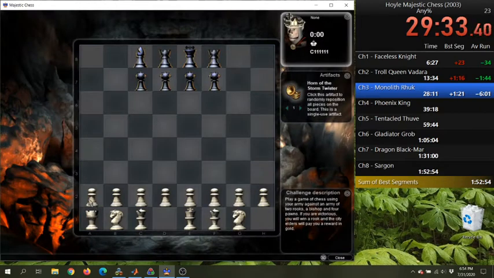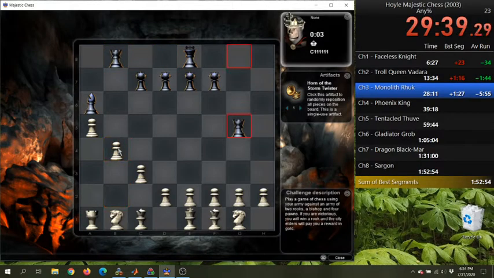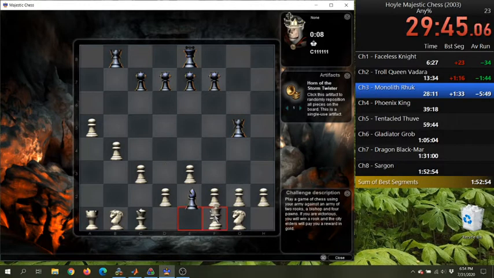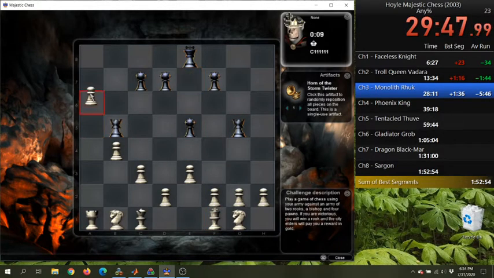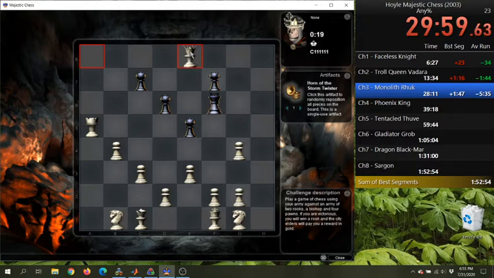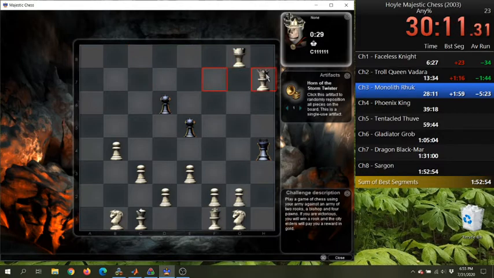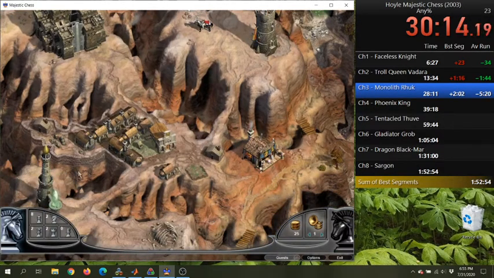Not sure how I usually do this. This is one of the ones that's a little bit less strategically planned, shall we say. In fact, let me just let it trade there. This is much better. Like I said, the computer is not really great. Evidence A. So it's best to just get an advantage early and then push from there. Yeah, we'll just go like this. Okay. Wonderful.